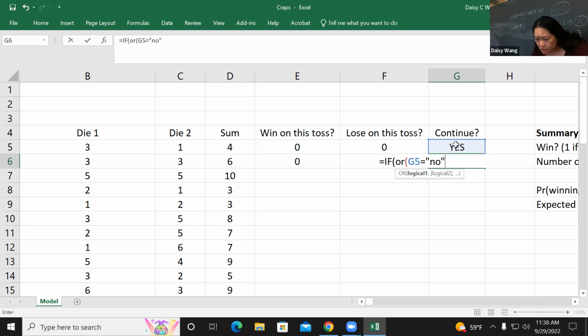If it shows no, or if it shows nothing, then it means we don't continue. So then just blank, because if the previous cell is already blank or no, the following one will be blank. Otherwise,